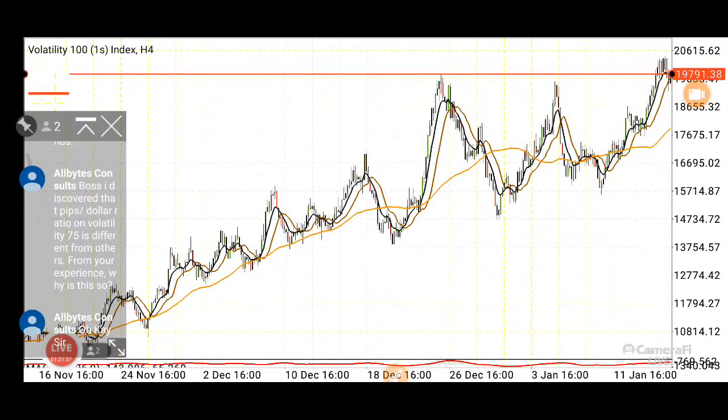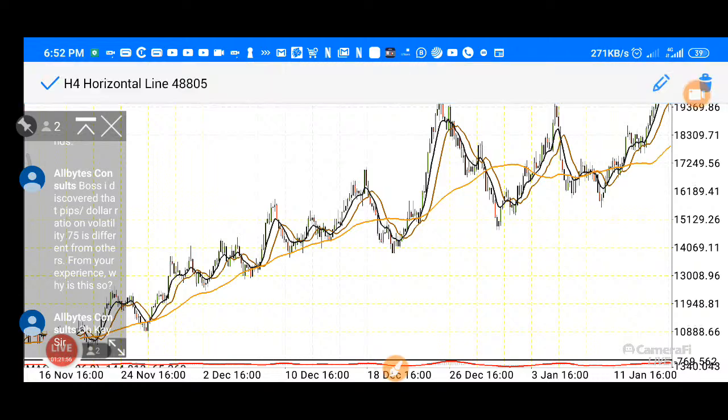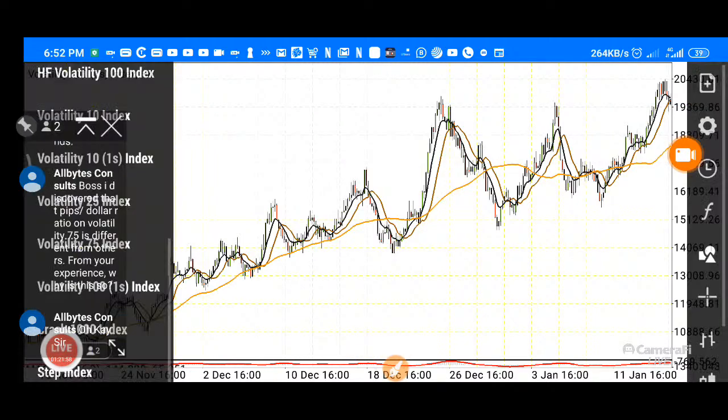See what is happening here. So if you've drawn a resistance here on this level and you are expecting this market to touch this level and bounce before you enter for a sell, you've missed this opportunity, because you will still be expecting that, oh, it might still come up to test that level. But if we have used a zone,